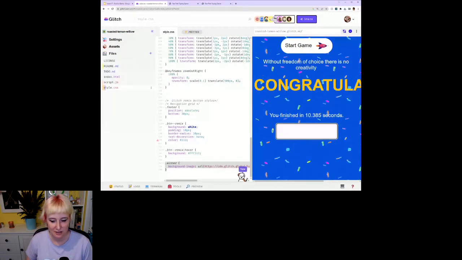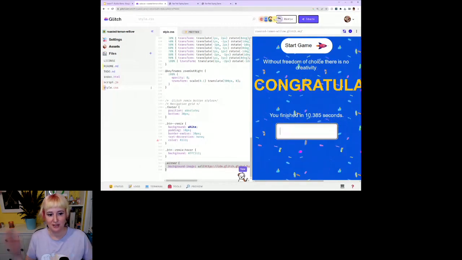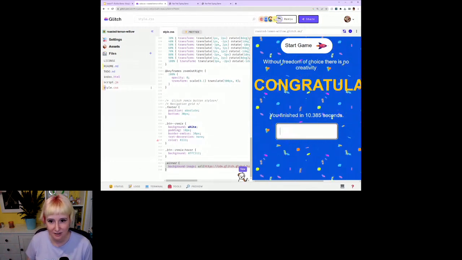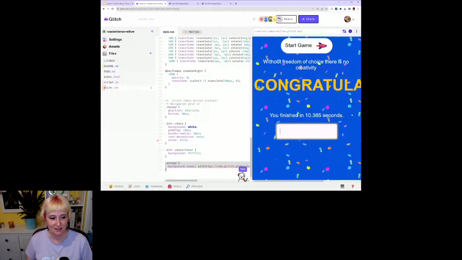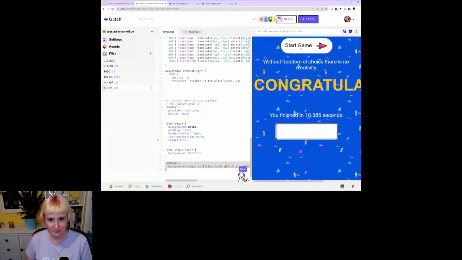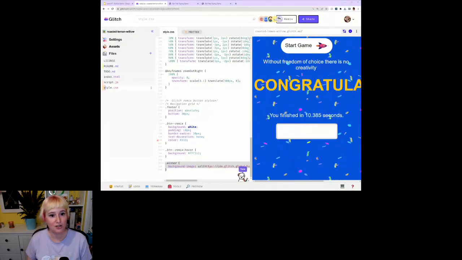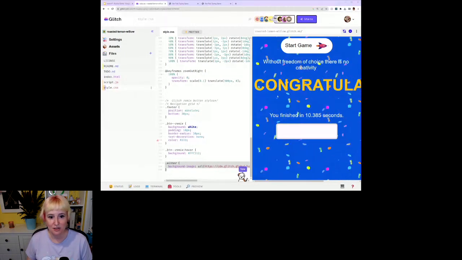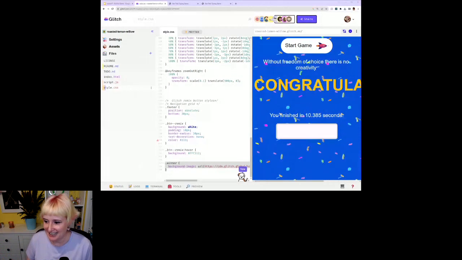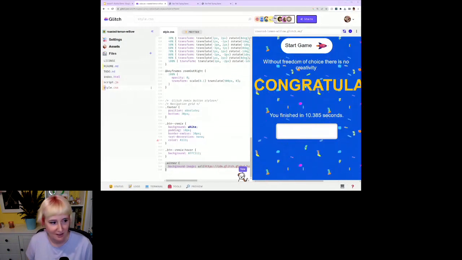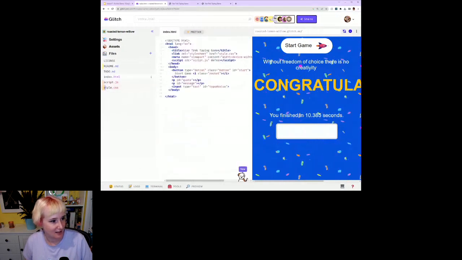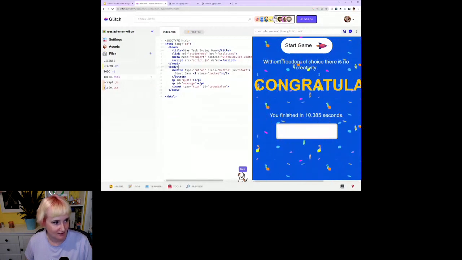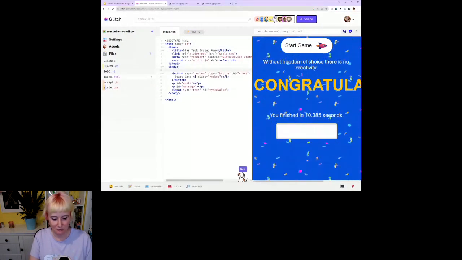So we could use our VW units that we saw to make the congratulations text fit in the page. You can obviously change all the colors of everything, style this up to be however you would like it to be. And maybe you might want to then add some instructions into the game, so we could indicate to people what it is that they're doing with this game. So in our index.html, maybe above the game itself, we will put in a